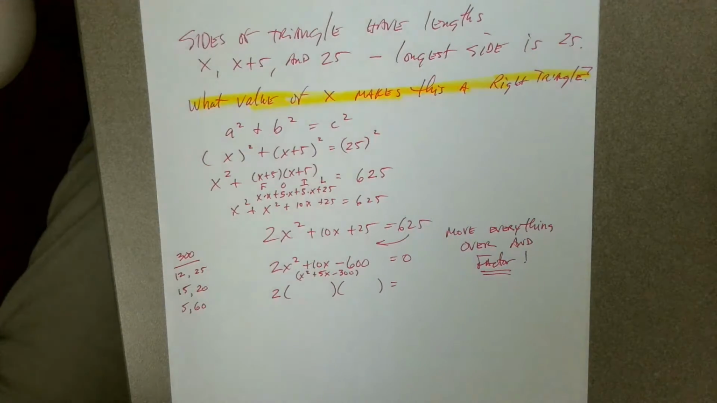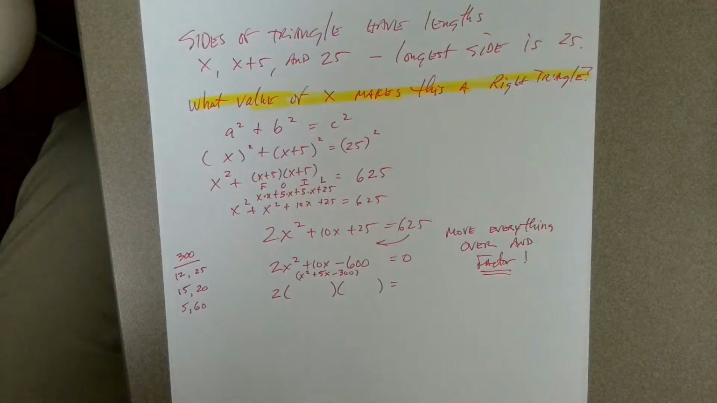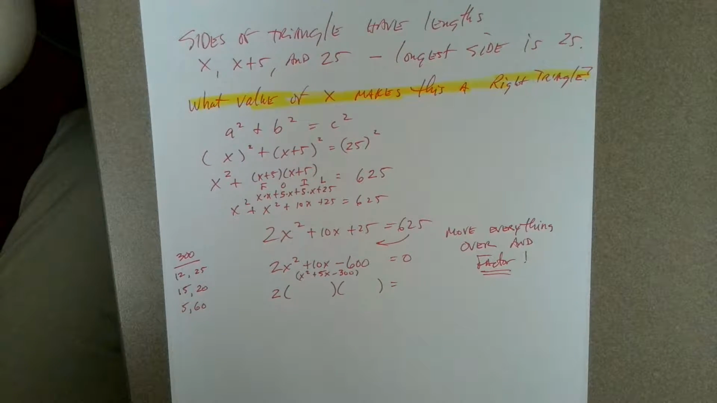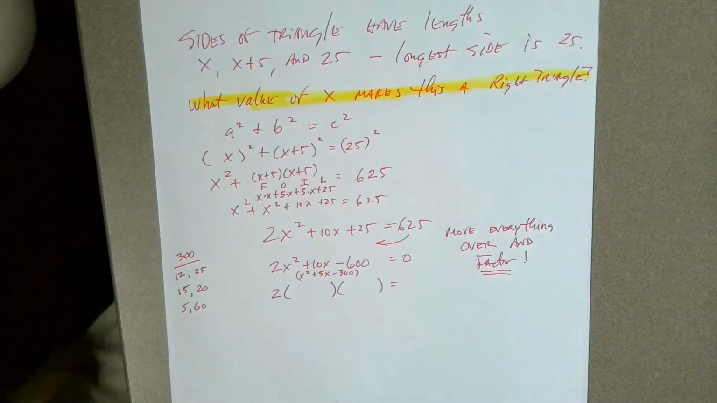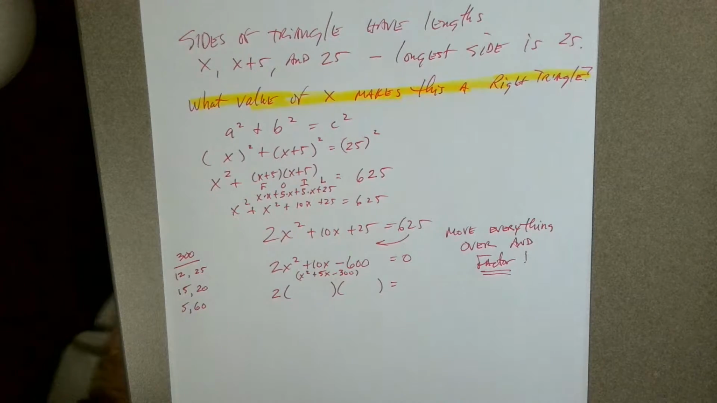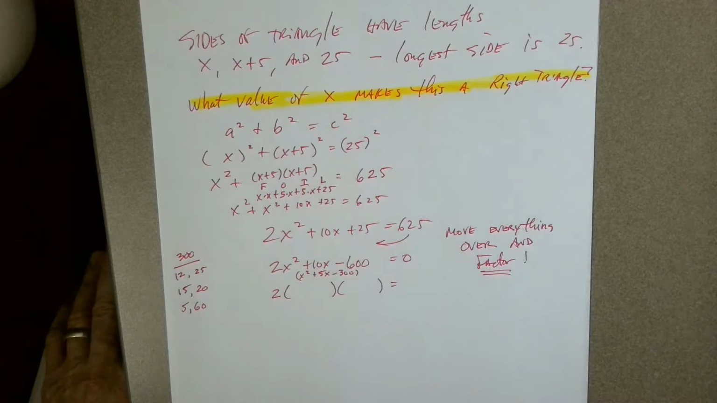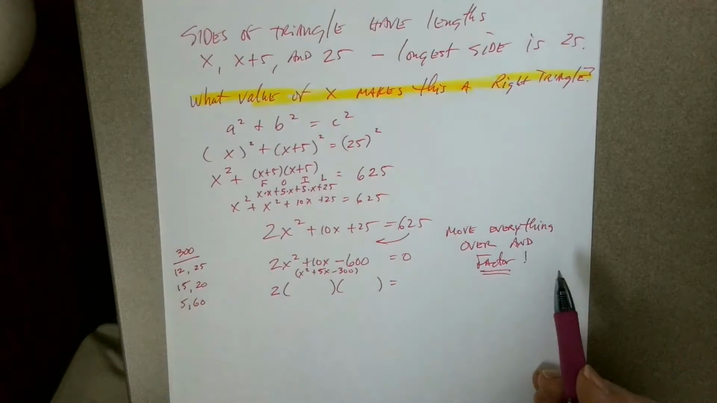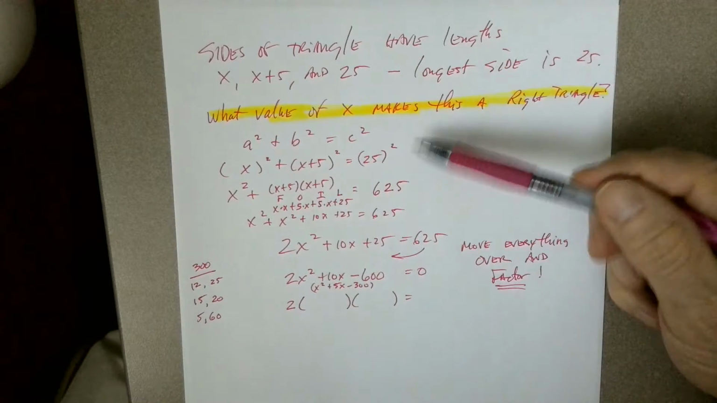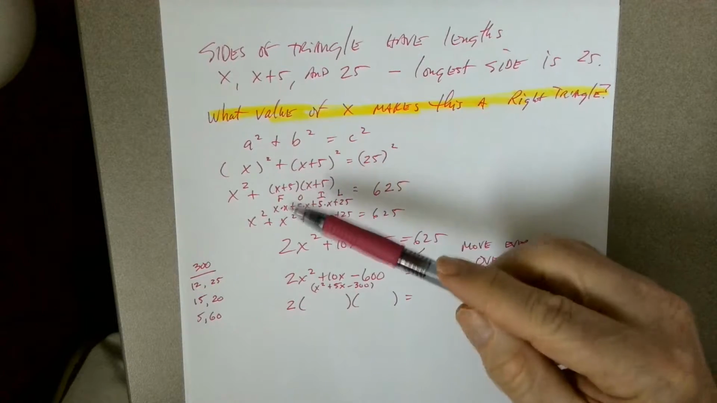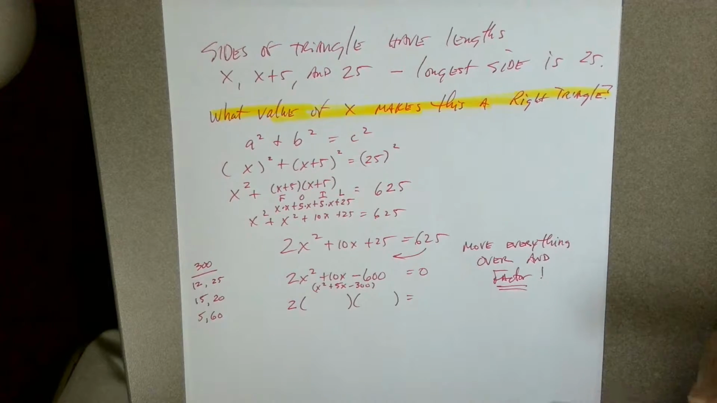So this is a cool problem from the homework last night. It was on page 553, problem number 41. They gave you the side lengths of a triangle in algebra: x, x plus 5, and 25. They told you the longest side is 25, so you know that's the hypotenuse. And so I started with the Pythagorean theorem, and I just subbed in those values, and I started hammering this thing